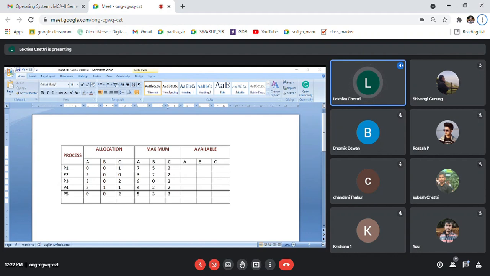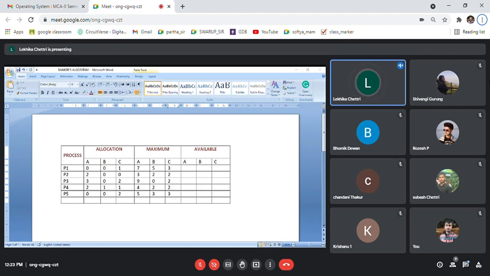Now we can avoid deadlock by making sure our system enters into a safe state. We can make sure of this in two ways. One way is the resource allocation graph that we have already seen. This is one of the very efficient ways of allocating resources to the processes that request them. Another is by using an algorithm that we will see today.